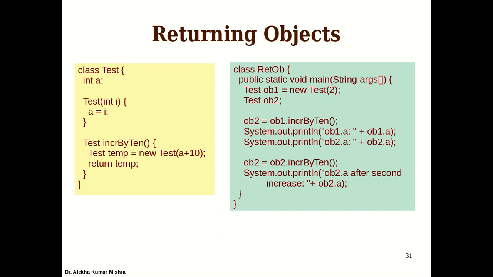If I just remove this line that is creating the new object, and I simply do return this, nothing new will be created. New values will be assigned to OB2, and even if we get new values in OB2, it will reflect in OB1, because no new object is created. OB1 and OB2 will all refer to the updated value, that is 22. Finally, at the end of this program, OB2 and OB1 will have the same value, that is 22.